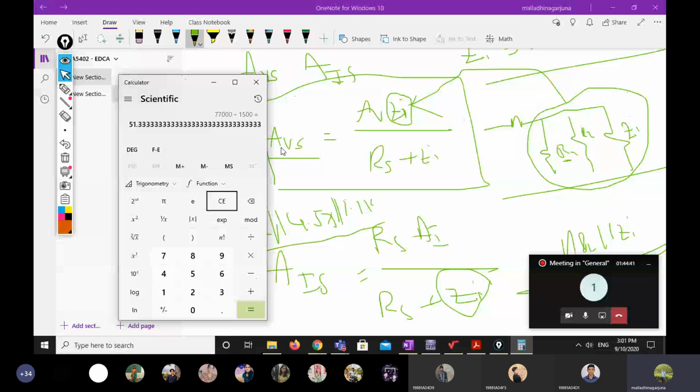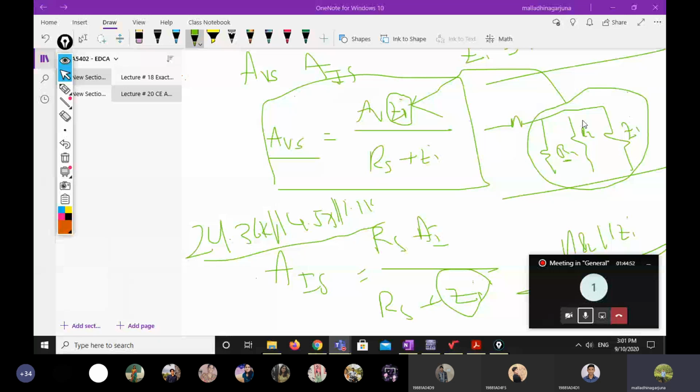But the proper procedure is, if you want to calculate AVS and AIS, you have to take the parallel combination. That is the proper and correct procedure. But if you forgot to take R1 R2, that is also not a big deal. Design is not a standard. Even if you take R1 R2 or don't, no issue. If you take R1 R2, you got 44. If you are not taking, you get 51. That's just a 6 difference, and that will be compensated in other places. Our overall output will be the same.